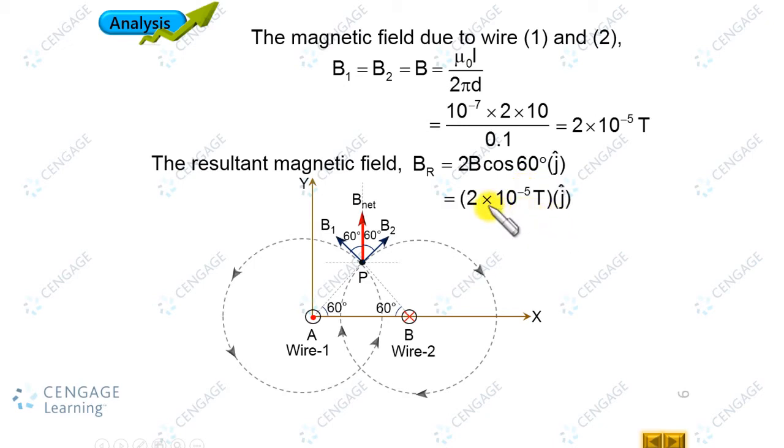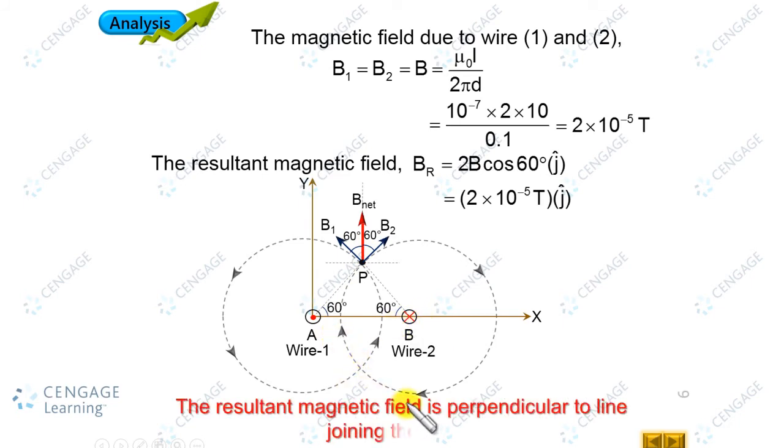So this is the magnetic field, right? We can observe here the magnetic field direction, because of this configuration of the current, is perpendicular to the line joining the wires. Okay. So these are the magnetic field directions because of current carrying wires having the same sense of flowing current and opposite sense of flowing current. Now let us move to next illustration.